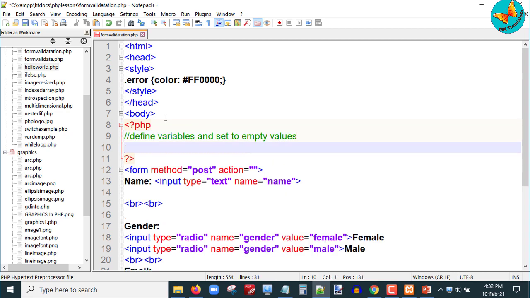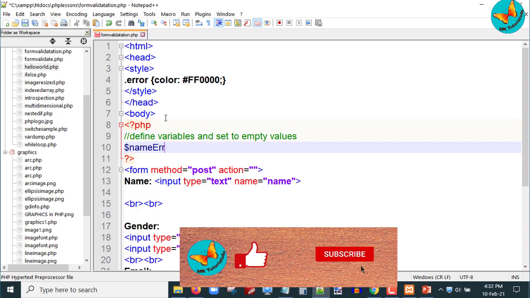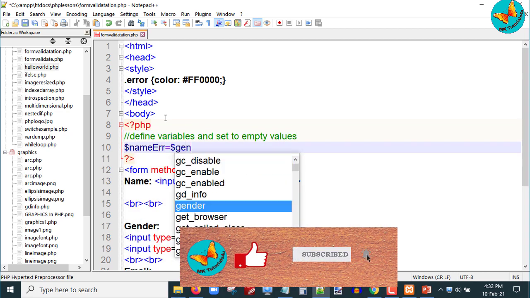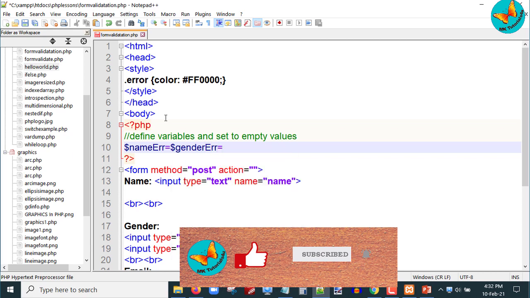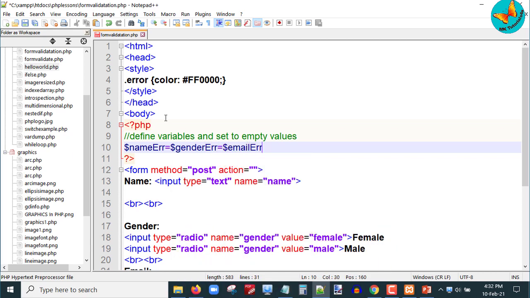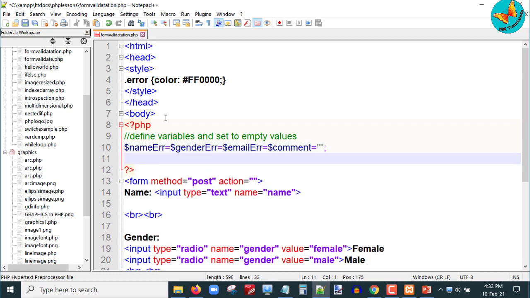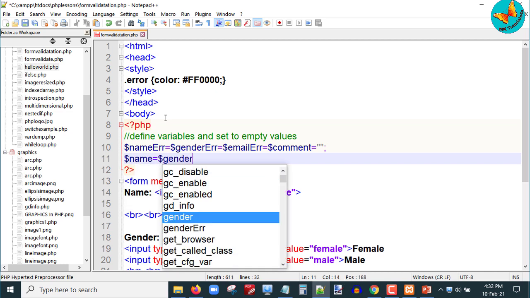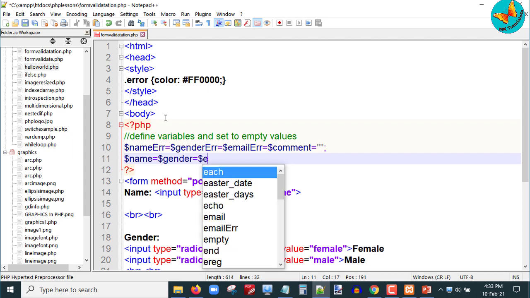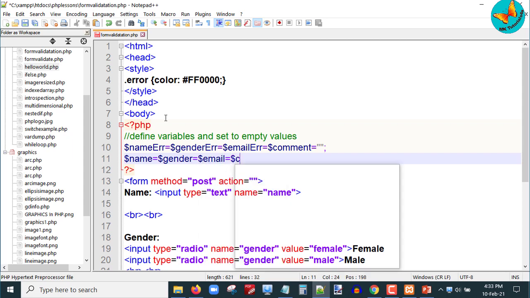So I'll create these variables and I will assign them empty value, or means nothing in it, like this is equals to double quotation, means no value is currently assigned to it. And then next I'll create again some variables name, gender, email, comment, and again I will initialize them to empty value.